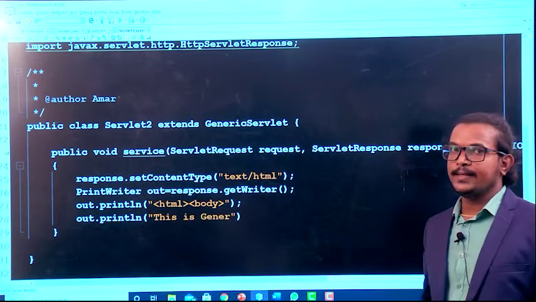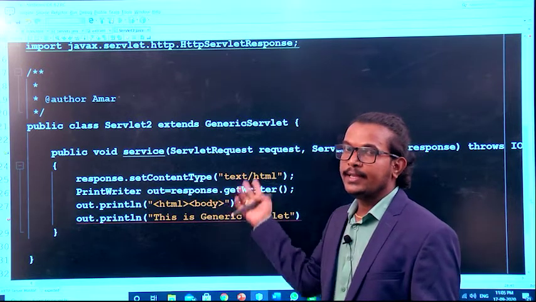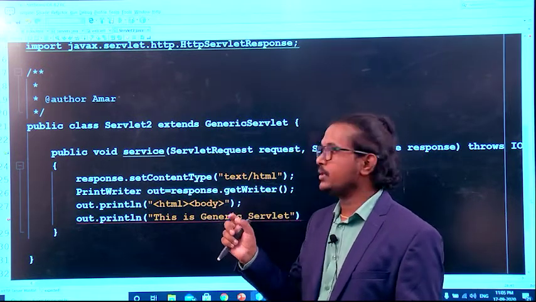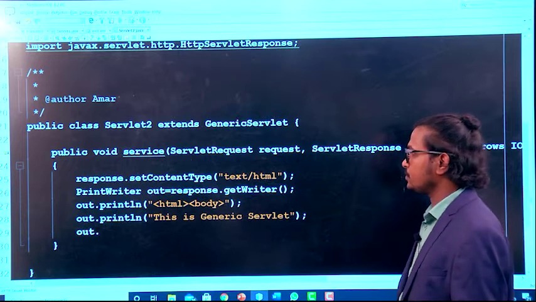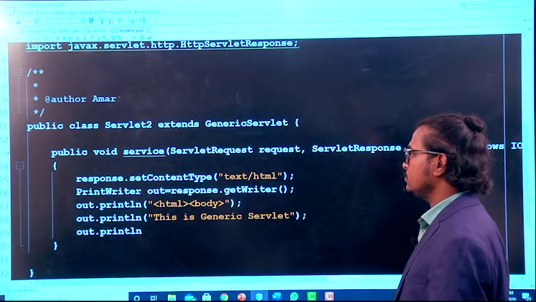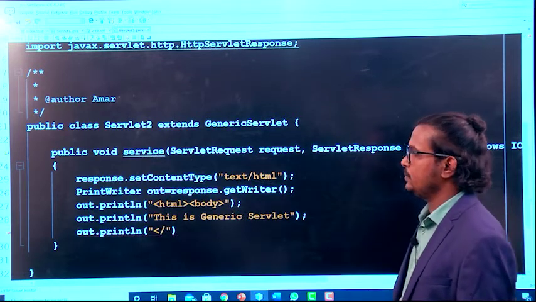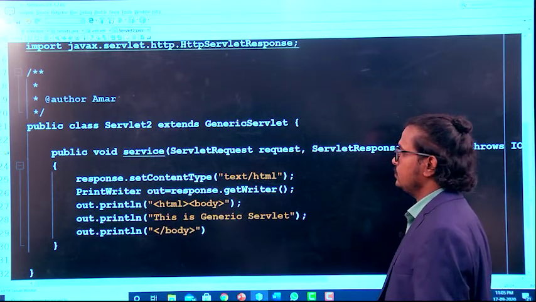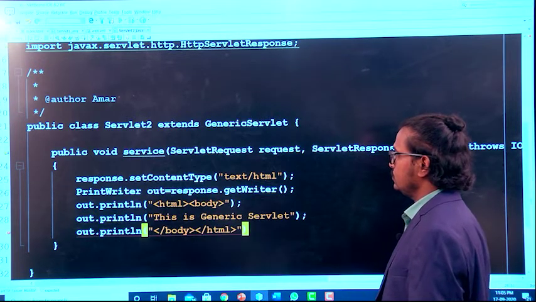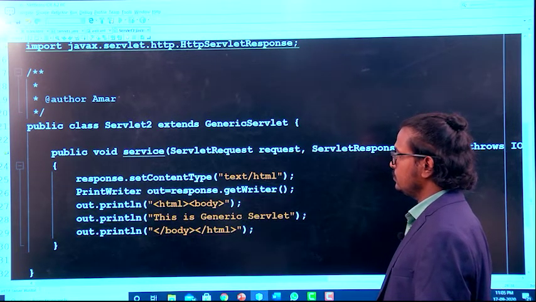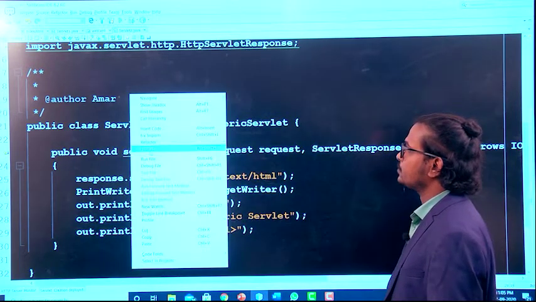If you are using JSP, this is reversed. We write the HTML code and pass some piece of Java code inside it. That is reversed in a JSP program. And you close your HTML tag and the body tag, then save and execute the servlet.